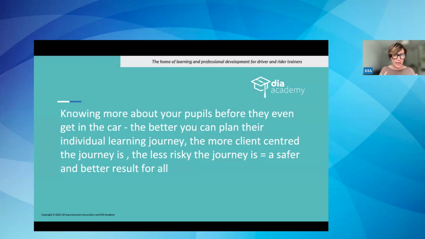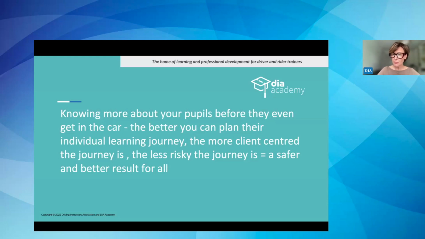And there's lots of benefits to that. One, increasing your knowledge of the customer so you can provide the best solution to them. But there's also a compliance and legal aspect to that and a risk management aspect to that. And what I hope to do in this is show you the many benefits of pupil profiling, including which bit can be directly related to things like risk management, as much as it can be used as a marketing tool, a teaching tool, increase your ability to build a better client-centered journey to the client's own benefit at the end of that as well. So in essence, pupil profiling is knowing more about your pupils before they get in the car for the first time.